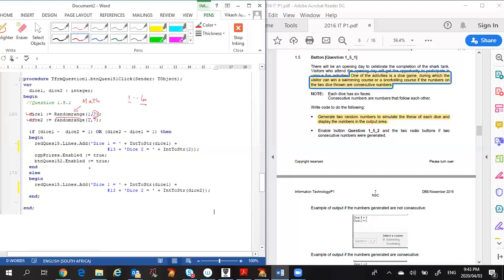How do I know if the numbers are consecutive? Consecutive numbers will have a difference of 1. So if I subtract the first value minus the second value, I'll either get a 1 or I could get a negative 1 if I take the smaller number and minus the bigger number. So I'm checking if dice 1 is the bigger minus dice 2, which is the smaller, that'll give me 1. Or the other way around, if dice 2 is the bigger and dice 1 is the smaller, that'll give me 1. And if they're consecutive, I'll get a value of 1,